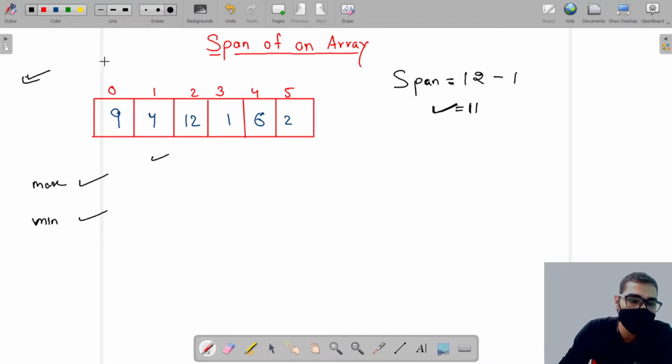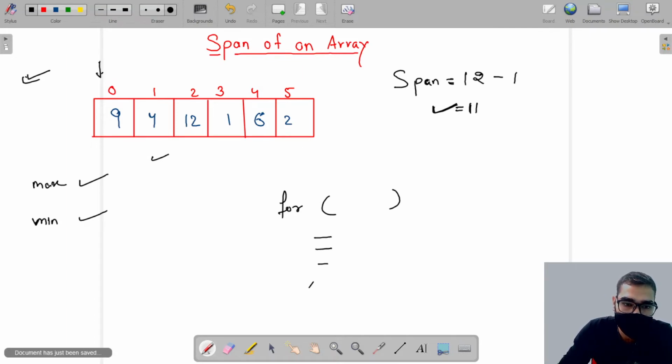Before the for loop, I assume that the element present at the zeroth index is my max value and it is also my min value because I don't have any other options. If I have only one element, it is both the min value and the max value.